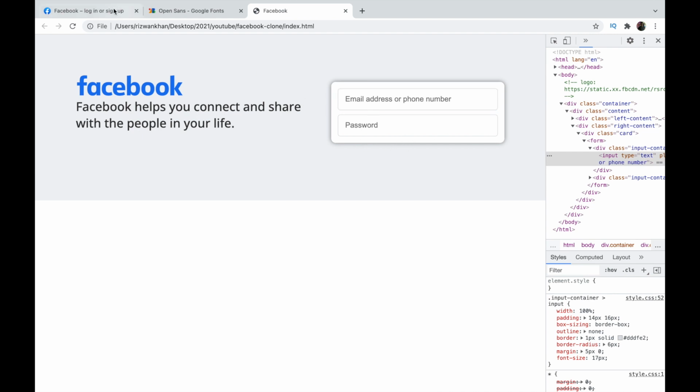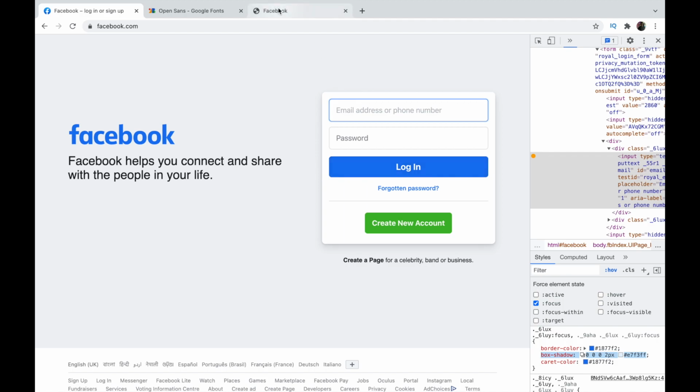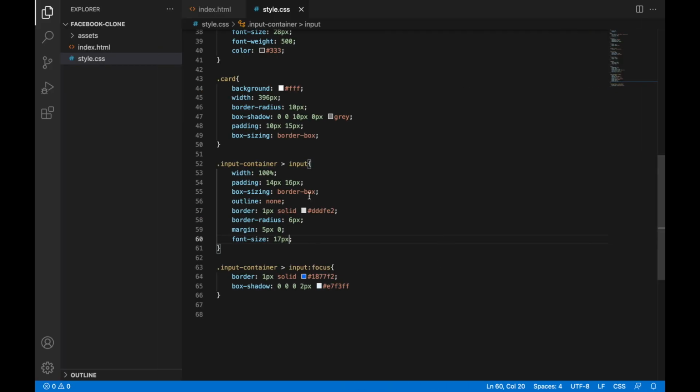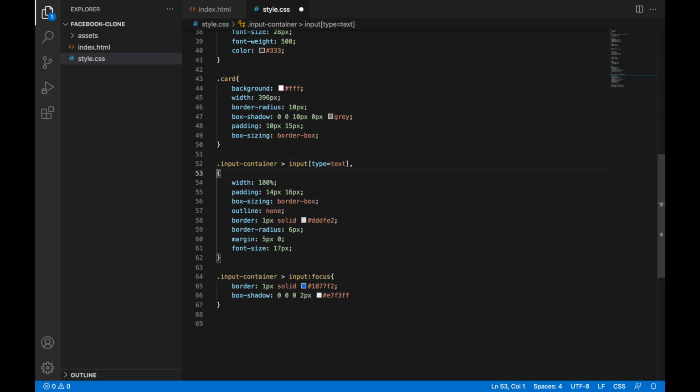Next we want to add this button as well, login button. So here we go, and also here I have given a styling to the input, and there may be different types of input, so it's better to use an attribute, right? Because we don't want to apply the same style on any direct children of the input container, right? So we'll simply say type, that is going to be text, and also let's copy this selector and paste over here, and within this we'll simply say password, copy, and that's all. Save,